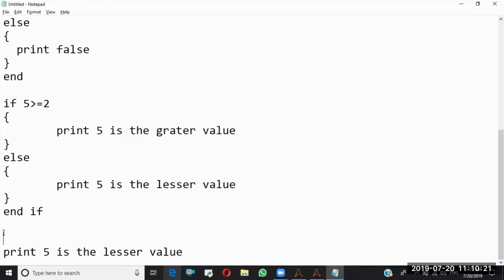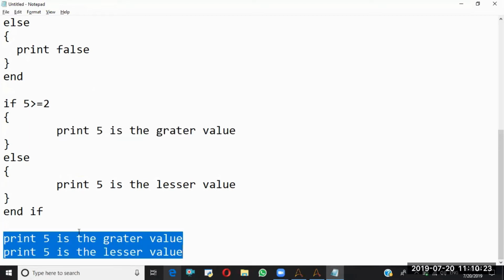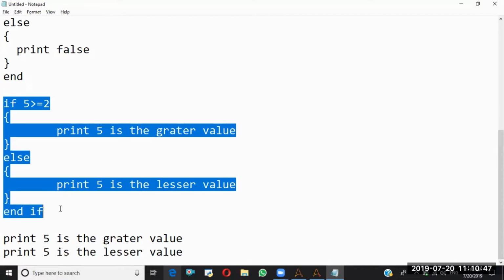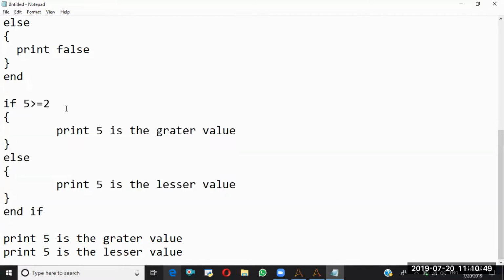So I wrote this as my program. If I execute this one, my compiler will execute both the statements. But my requirement is that any one of these should execute. If the first statement is executed, the second should not be executed. If the second is executed, the first should not be executed. To handle this kind of situation, we will go with this kind of control statements. So this is about if, else and end if.